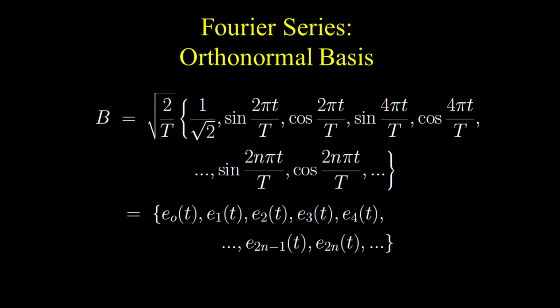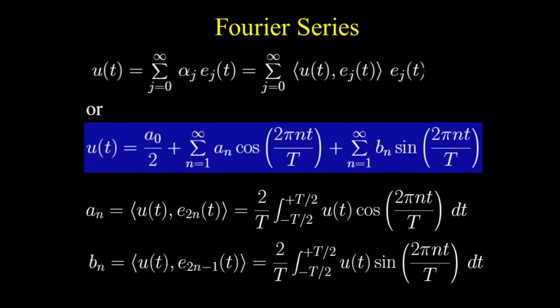Based on the definition of the scalar product in the previous slide, it is easy to see that the elements of uppercase B verify both the orthogonality and normalization conditions. Therefore, any arbitrary periodic function u with a period T can be written uniquely as a linear combination of the elements of B. The sum in blue is called a Fourier series. It is composed of one DC component, a0 over 2,